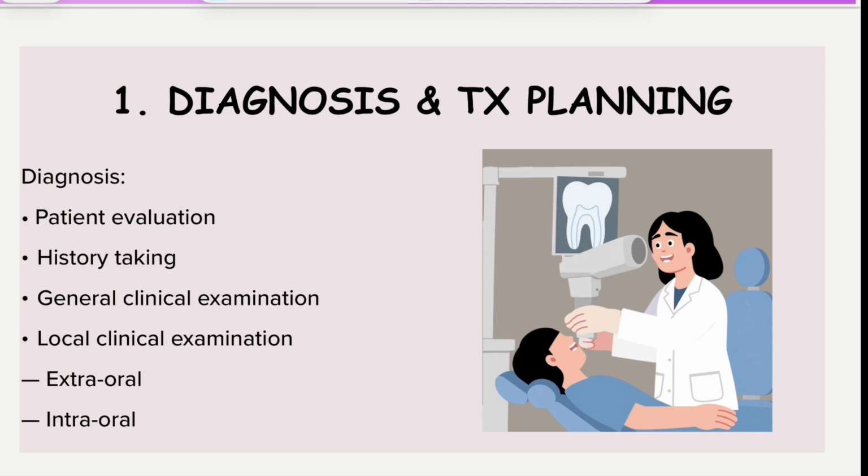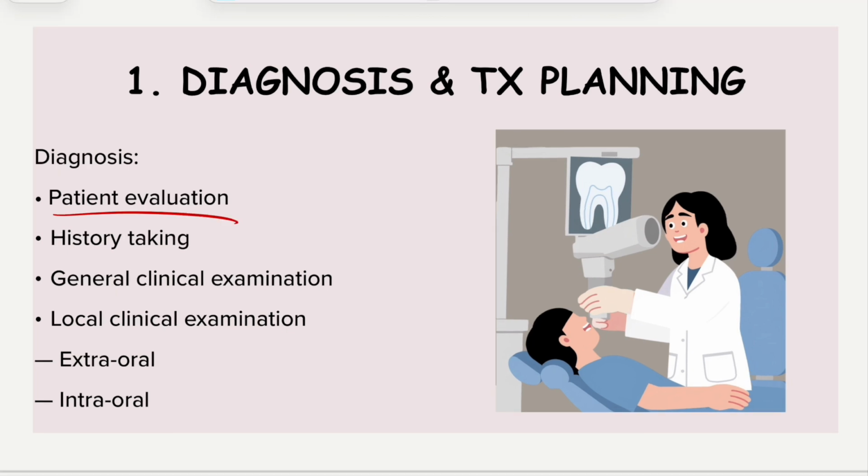So, we'll start with the patient evaluation. We will evaluate the gait and build of the patient, the age of the patient, complexion, cosmetic index, mental attitude of the patient. Then after, we will start taking the history. We will ask the occupation of the patient to know the socioeconomic status, the race of the patient, location where they come from, the religion.